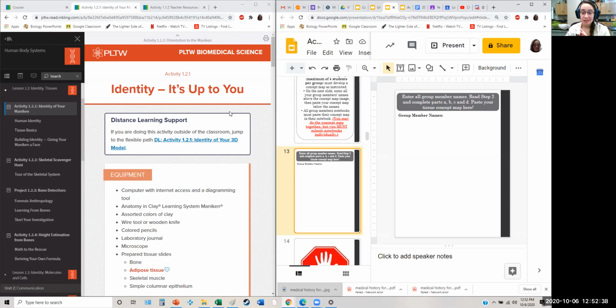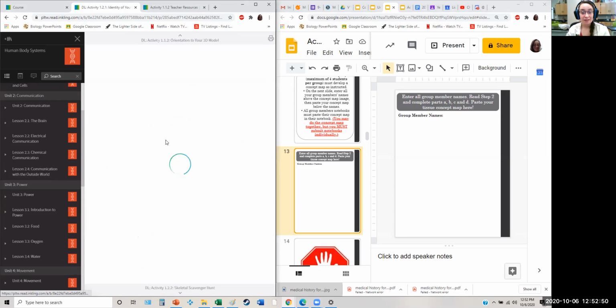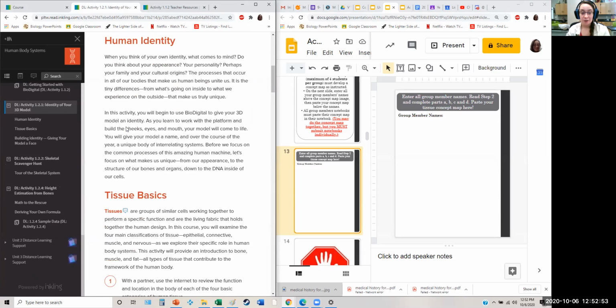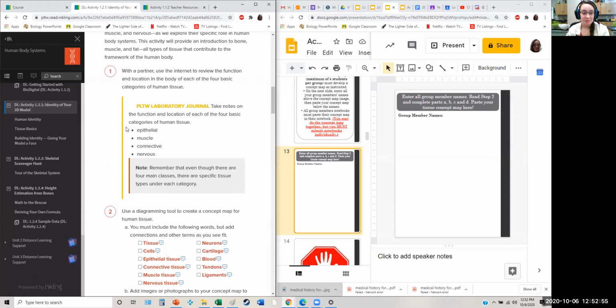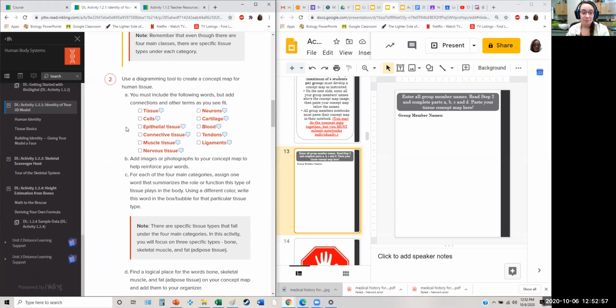So again, we are doing activity 1.2.1, the identity of your mannequin. And remember that if we see this distance learning link, we click it, and that's where we're gonna start. So today we're going to be doing step 2. You're gonna be using a diagramming tool to create a concept map for human tissue. Now you don't have to use the diagramming tool. You can make this diagram